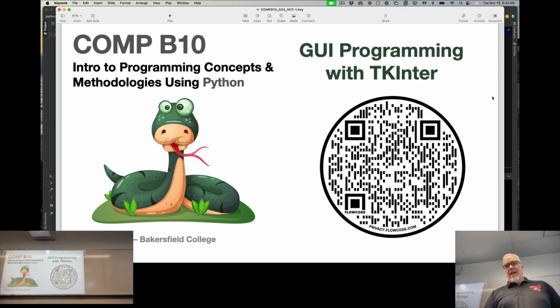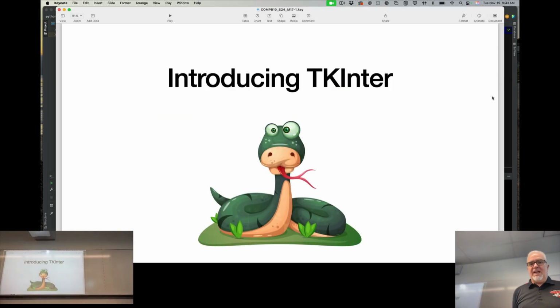So TK interface, or TKInter as it's abbreviated, is one of the more popular ways of creating graphical user interfaces for Python. TK interface is so popular, in fact, that at some point along the journey, it was added as a standard Python library. Now, you still have to import it when you use it because the creators of Python didn't want the overhead of making it a core part of the language,